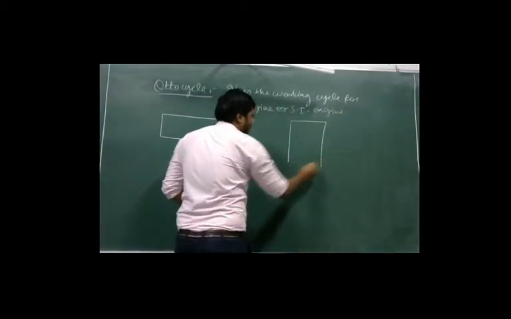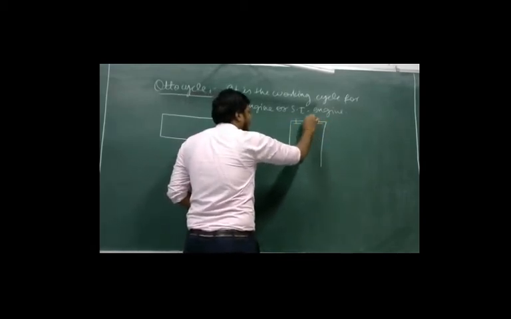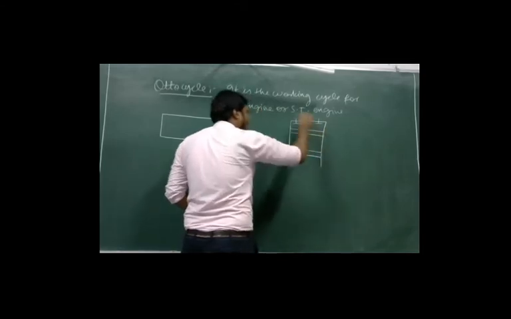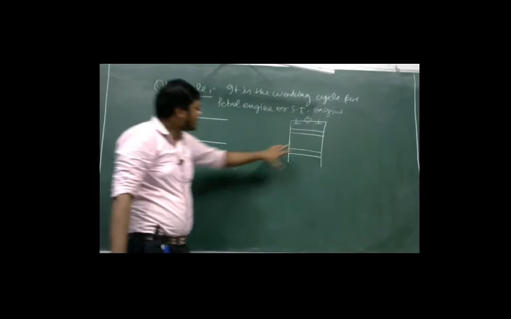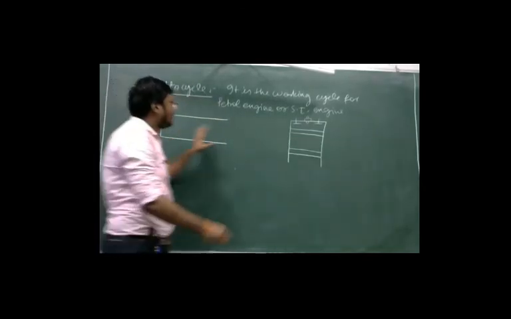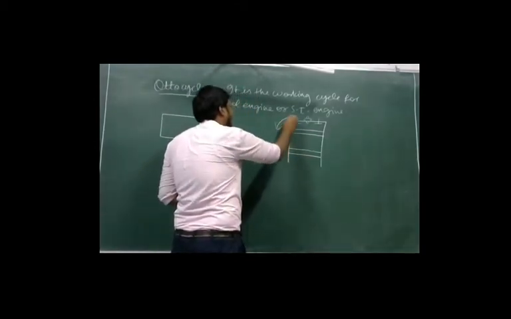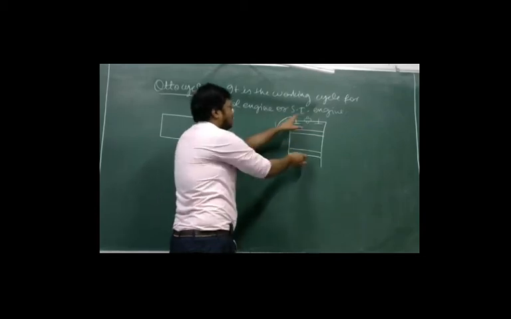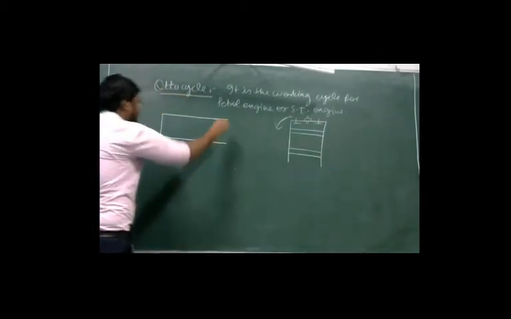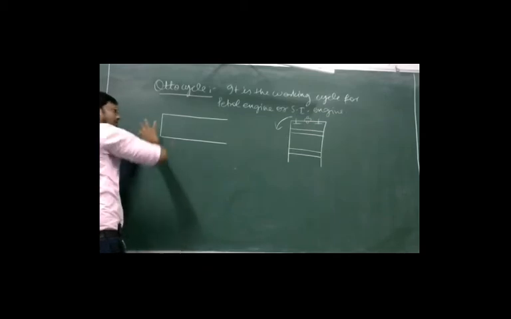Till now we have studied the vertical structure, like this. Here is the inlet valve, here is the outlet valve, spark plug, piston. So this is the vertical structure. We can make this structure in horizontal position also. All things remain same, but this structure is rotated by 90 degrees in anti-clockwise direction. So we get this structure in horizontal position. All things remain same.